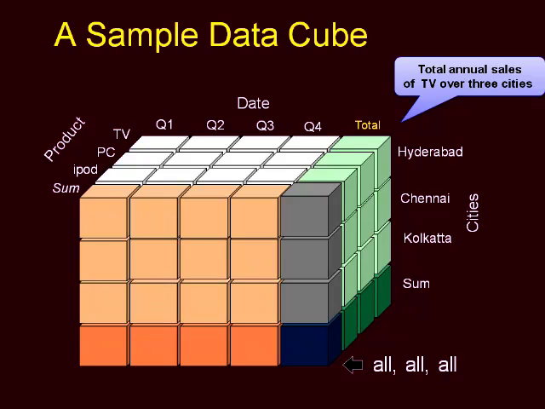If you observe this diagram, we have different kinds of aggregations stored in this physical structure. One is the total sales over all cities for all products, another kind of aggregation is the total sales over all quarters for each product, and another is the total sales over all products for each quarter, etc. So this diagram specifies the different kinds of aggregations in the form of a physical structure called a data cube. Here we have only 3 dimensions, but if you have more than 3 dimensions, you can't find a physical structure, but we can always generalize this representation by using the concept called hypercube.